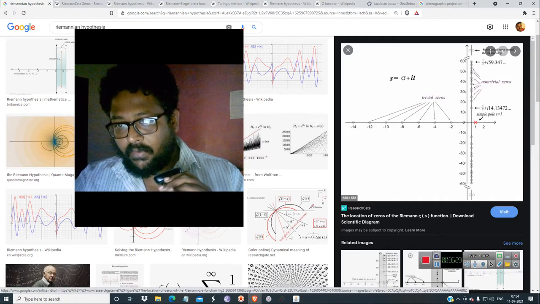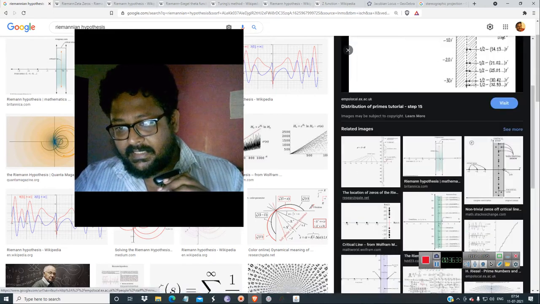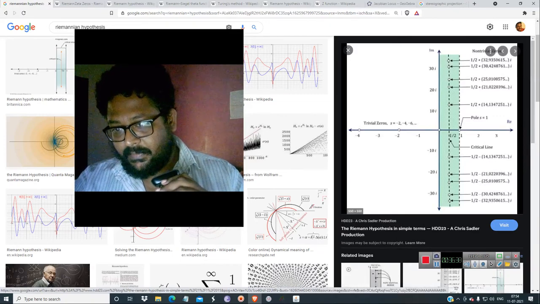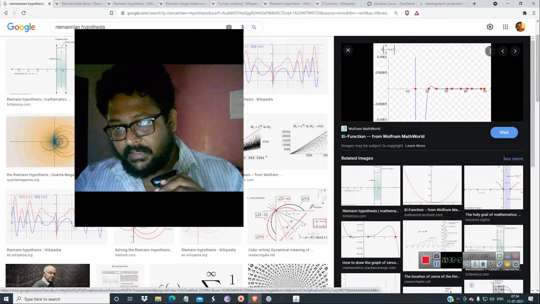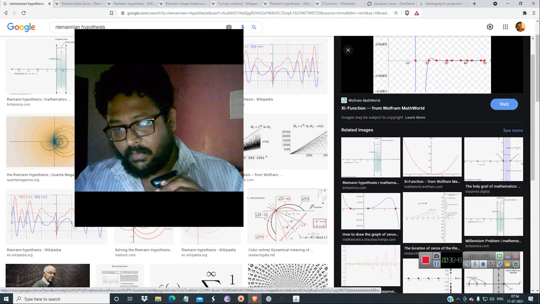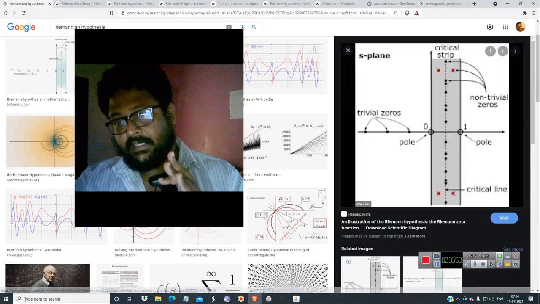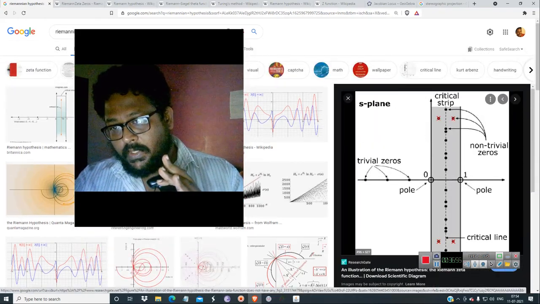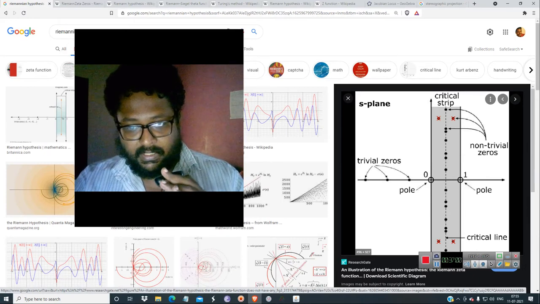So you should not find the trivial zeros, you should find the non-trivial zeros, and the only thing is that you have to find some other point. Okay, so there are lots of various points over here, so you have to find some other points which are beyond this. So this is the non-trivial zero which is being found so far. These are the non-trivial zeros within the strip, found so far. So you must not claim that I have found the trivial zeros and everything using some computers or anything.